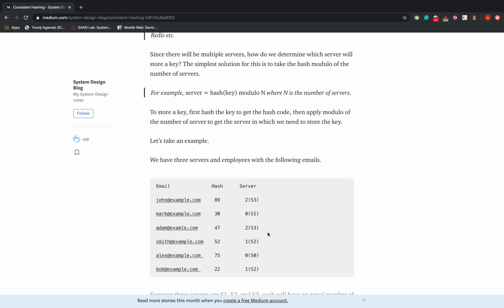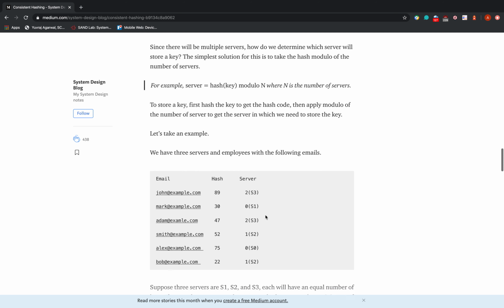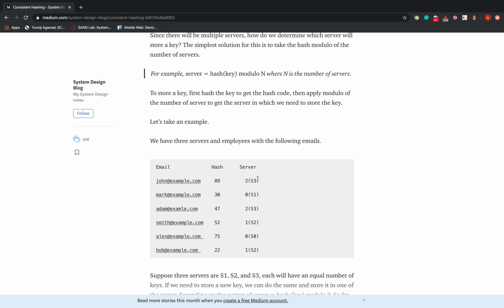So let's see what is the problem with this technique, right? The issue arises when we want to add a node or remove a node. Let's say I want to remove S3 from this DHT. We'll have to rehash all of these emails again.